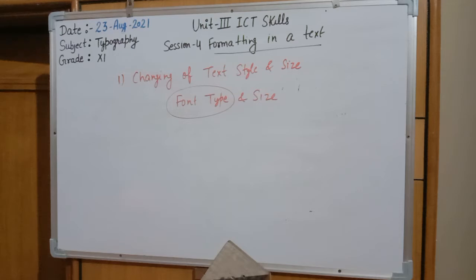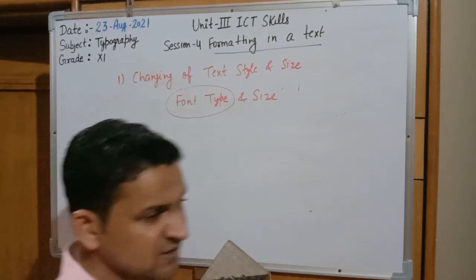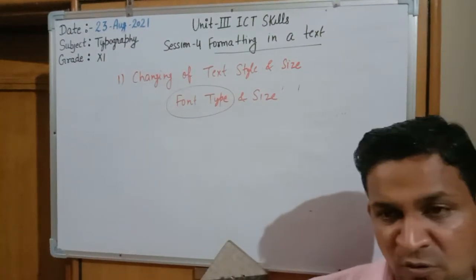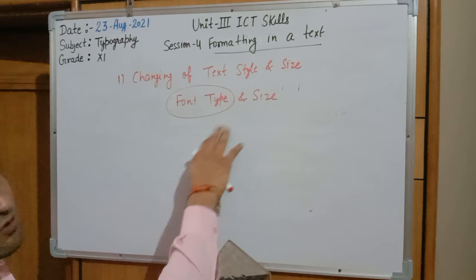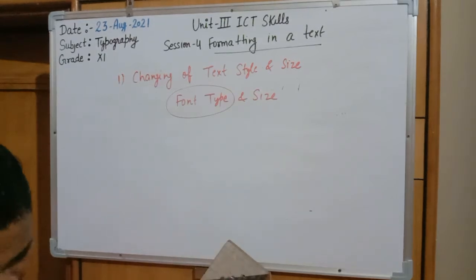Then click on the drop-down list and select the font style you want to apply. So you need to select the text first, then select the drop-down list. In the drop-down list, select the font style option and change the setting according to your requirement, which type or which size font you want to do editing.